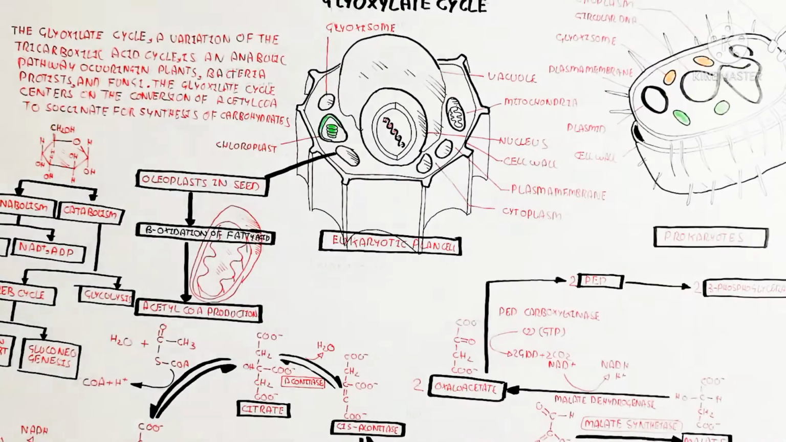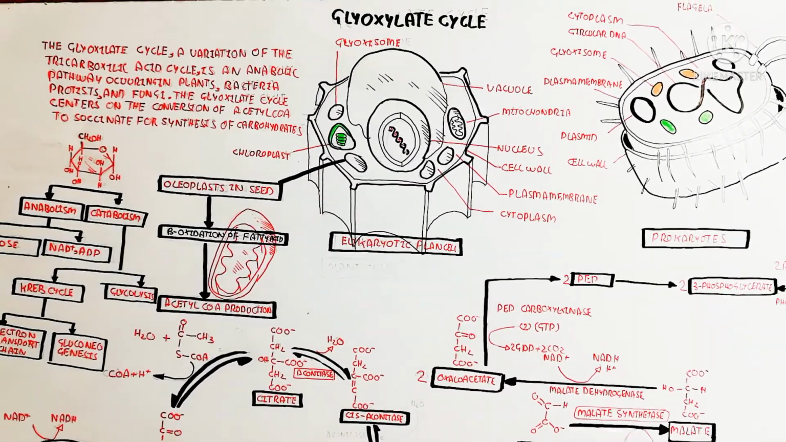From the oxaloacetate to produce the glucose. That is the anabolism of the